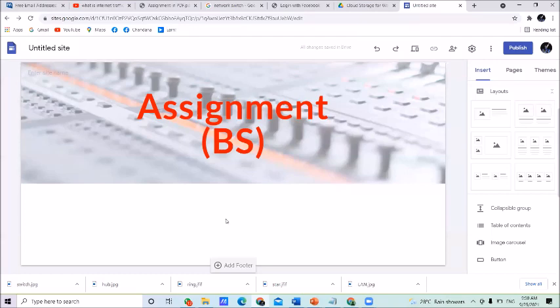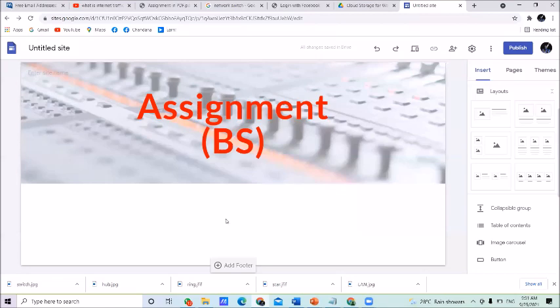Personal details, that means I want to see your picture. I don't know who you are yet. I am not familiar with your faces. Therefore, please attach your picture in this area with a small description.